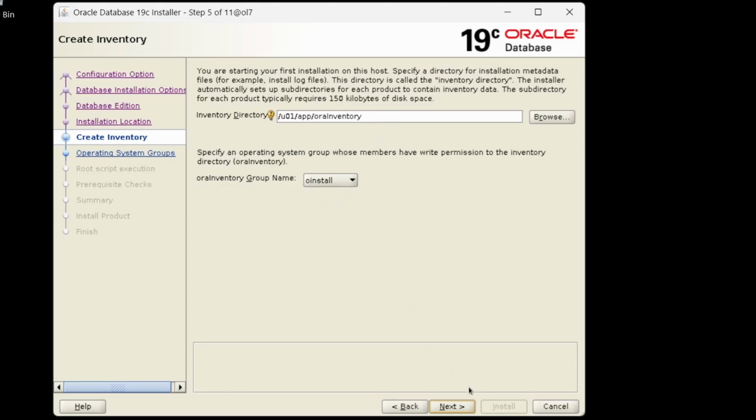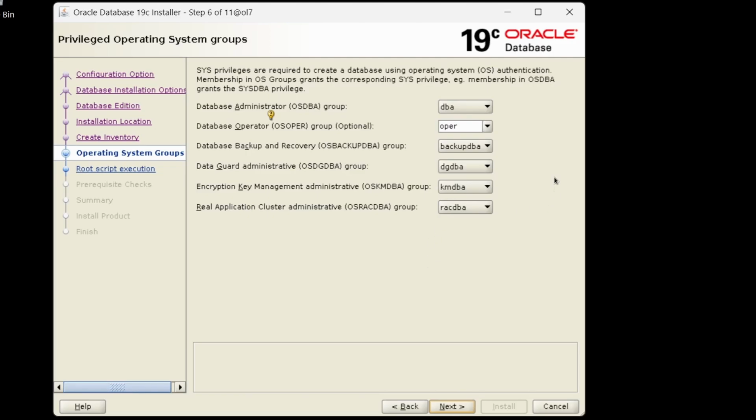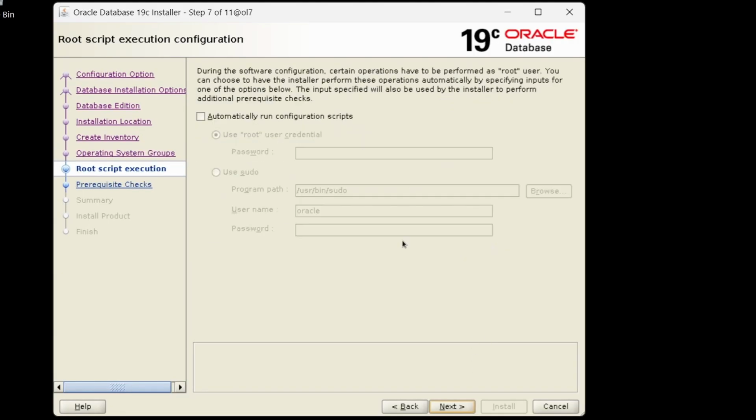Inventory group name is oinstall. For this, we can use the default one because when we ran the pre-install RPM previously, these groups were created. But in my case, I'll just select dba, so it will be simplified in our installation.